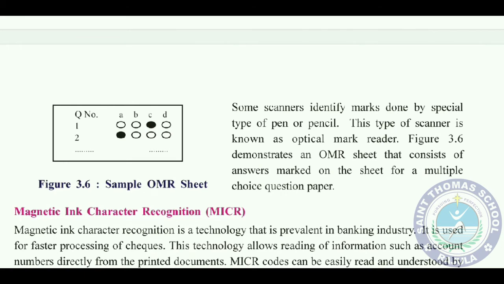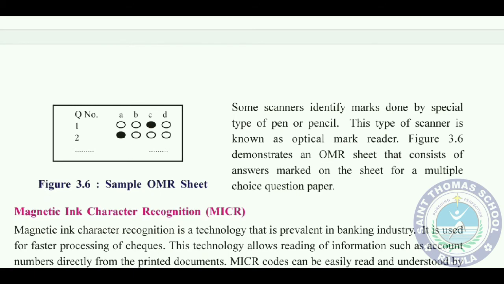Figure 3.6 shows us the OMR sheet that consists of answers marked on the sheet for a multiple choice question paper. Whatever sheet is prepared by you, means the answer is written on the OMR sheet, that is checked by the optical mark reader.